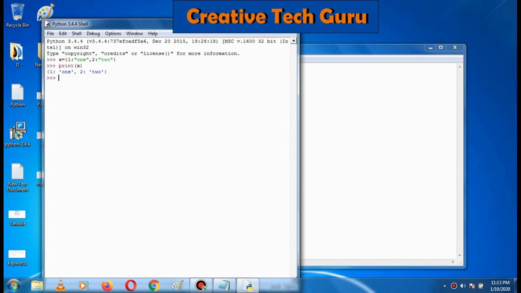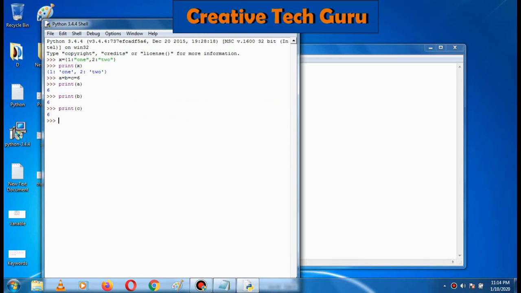So in the same way, using variables we can do multiple assignment also. For example, if you want to assign the same value to A, B and C, and that is 6 you assume. So for A, B, C I am assigning 6. When we print A, that will give you 6. For B also it will give you the same value. In the same way for C also it will give you the same value.